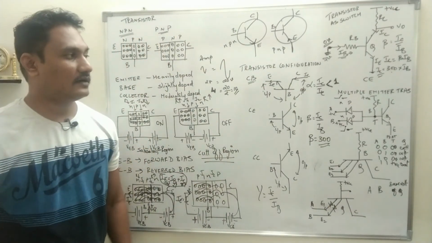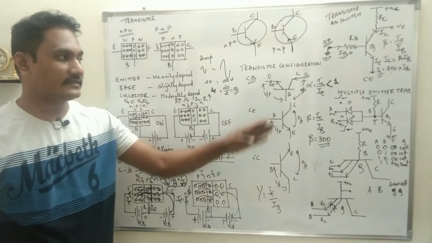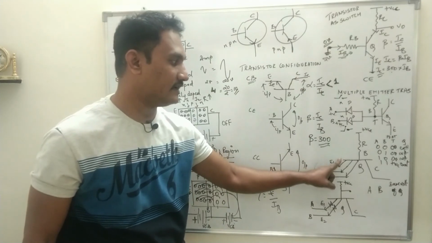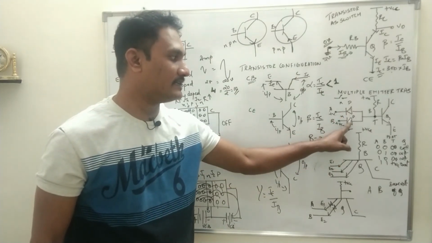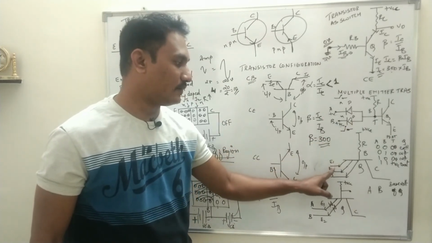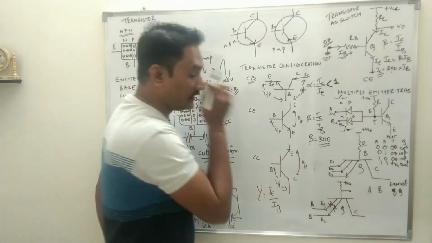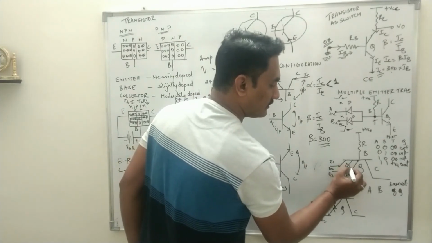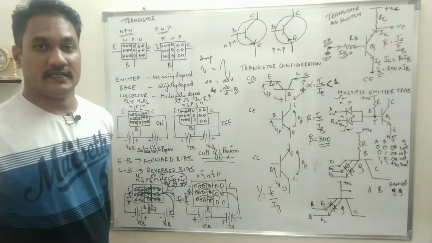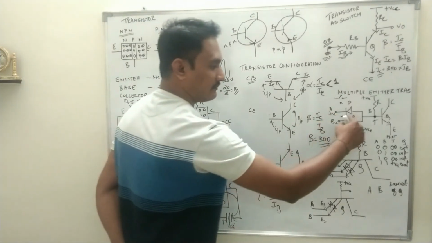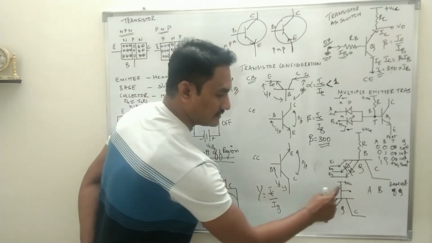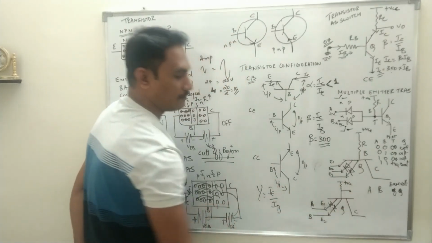So this is how basically that circuit works, and that circuit can be fabricated like this. So the two diodes can be imagined to be extra emitters. So emitter 1, emitter 2, emitter 3. So basically emitter 2 and emitter 3 are nothing but the PN junction diodes which are connected externally. So that is how these two diodes can be fabricated to have multiple emitters in a transistor. So this is the basic construction of a multiple emitter transistor.